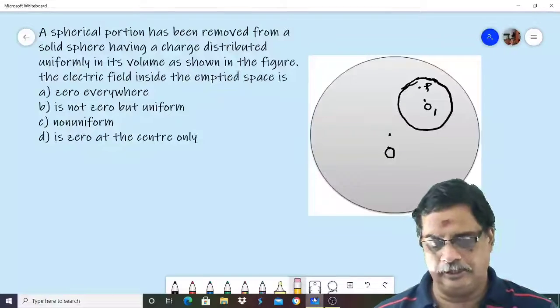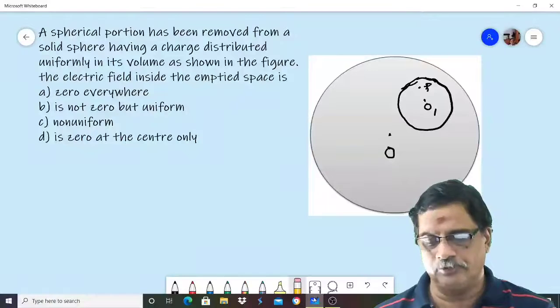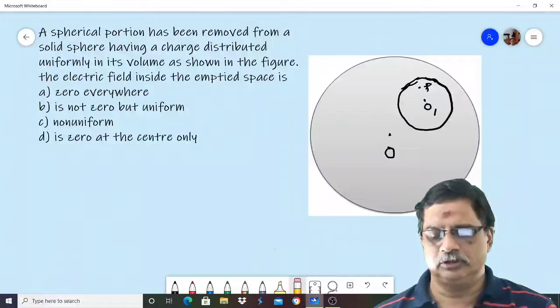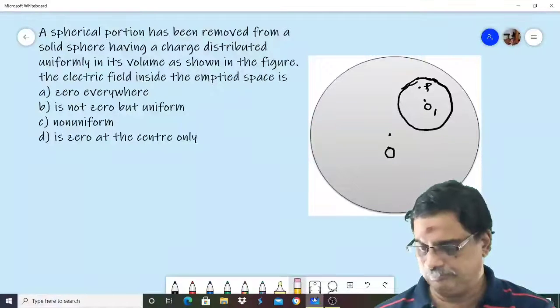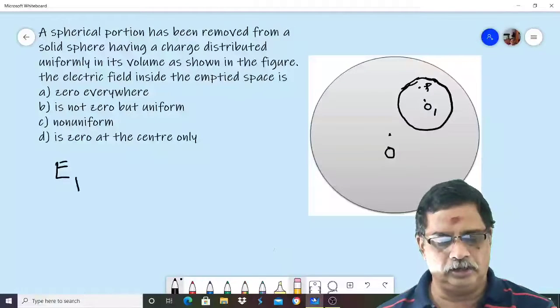So I have drawn a diagram. The original sphere is the one whose center is located at O, and the removed portion has its center located at O1, and P is a point within the emptied space, and we are going to find the electric field at P. The electric field at P can be written as the electric field due to the entire sphere at P